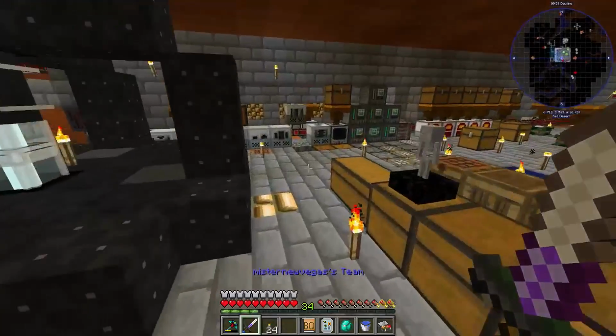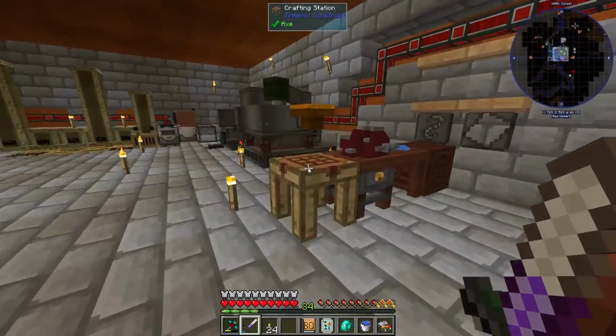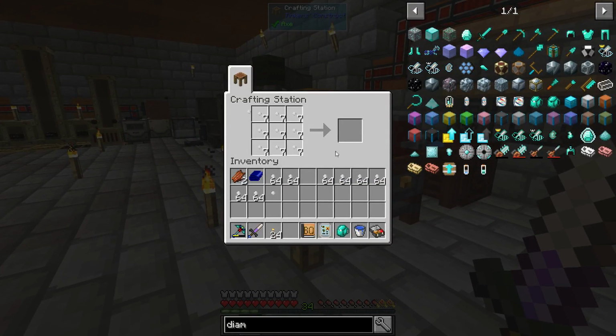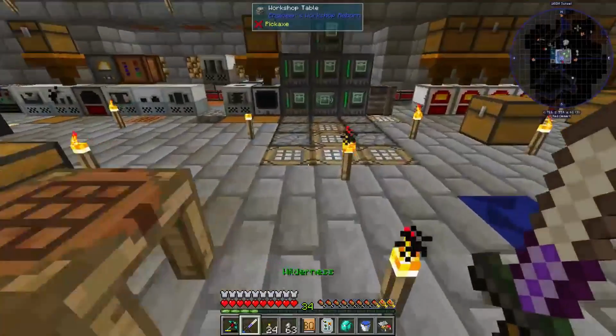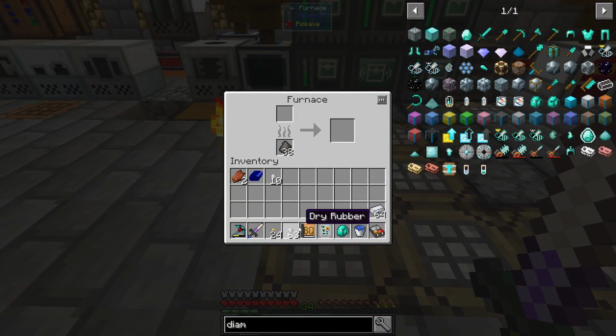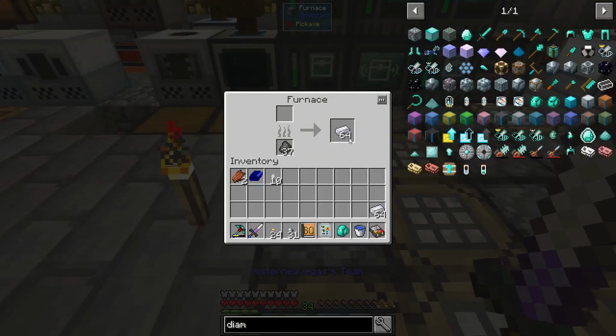So what it does is this. You go up to a crafting table, do that, and it makes a dry rubber. And basically you just keep doing that. And then what you do is you take that dry rubber, and it sounds weird to say that, and don't mind that voice crack either. So you take the rubber, and then you go ahead and smelt it. And what happens is when you smelt it, you create...